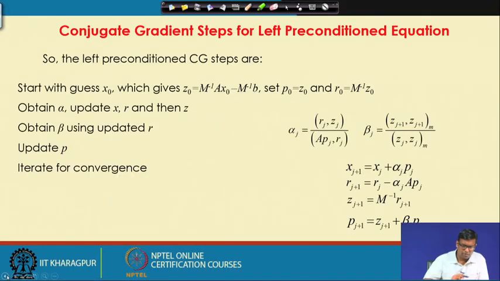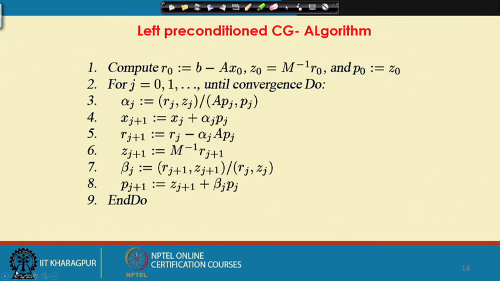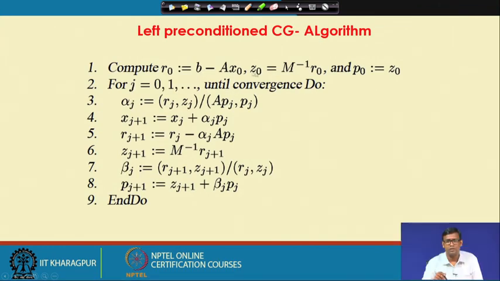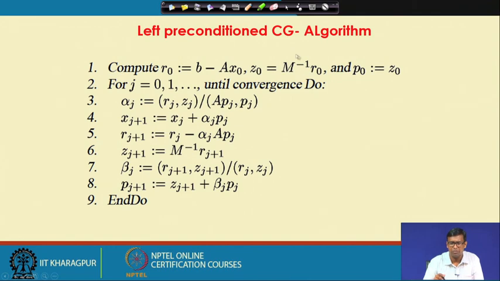The conjugate gradients, we will probably look into the methods once more. The preconditioned conjugate gradient algorithm can now be formed using all these steps. Start with the initial guess, use all these steps and then do the iterations: compute r_0 is equal to b minus A x_0, z_0 is M inverse r_0, p_0 is equal to z_0. For different iteration levels, first compute alpha_j as r_j dot z_j by A p_j dot p_j. Now, in this calculation at least no M product is needed. M is needed only in the M inverse form here, but here M is not needed.